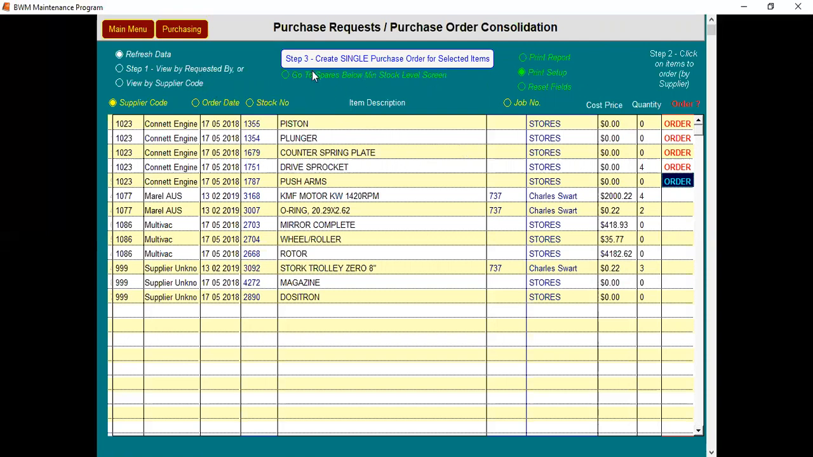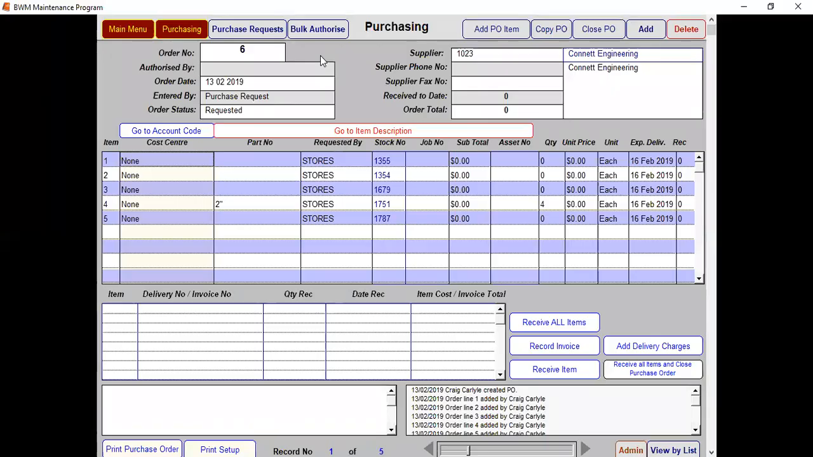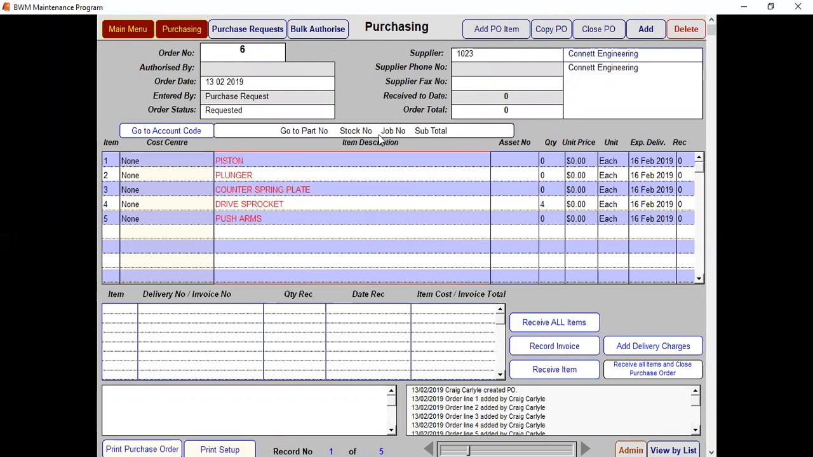Excuse me, step 3. Wham. Here we go. We've just created a purchase order for Connect Engineering for all those pretty little items. I just changed the view there. The piston, the plunger, the counter spring plate, dry sprocket, push arms, and dramas. So that is a purchase order all ready to be printed out, sent out, emailed out, whatever it might be